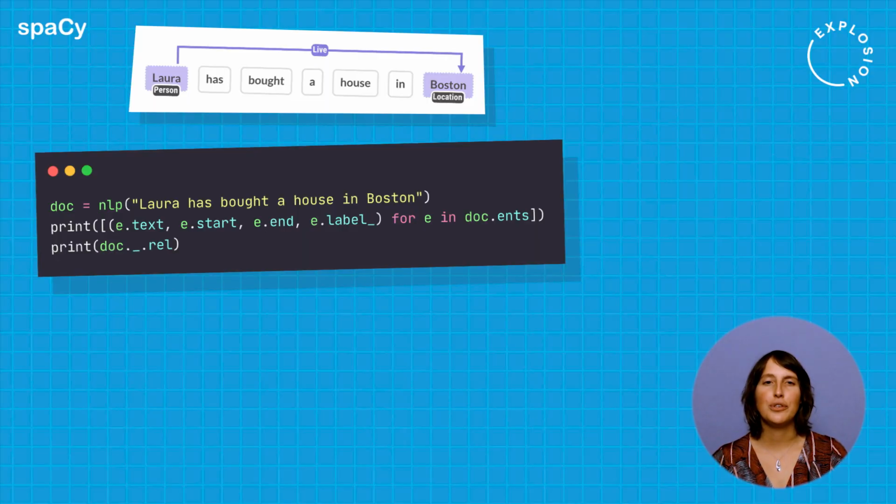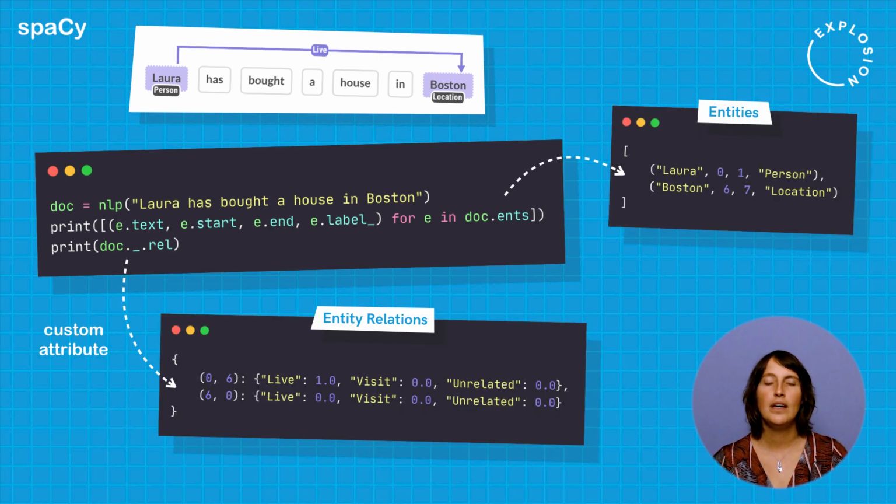For our relation extraction component, we will store the final predictions for a document in the custom attribute doc._rel. As keys, we represent an instance pair by the start offsets of the two entities, which is a unique key within one document. Each key then refers to another dictionary that maps each relation label to a score between 0 and 1.